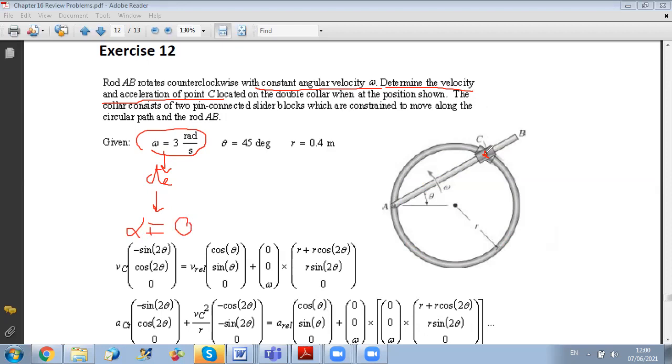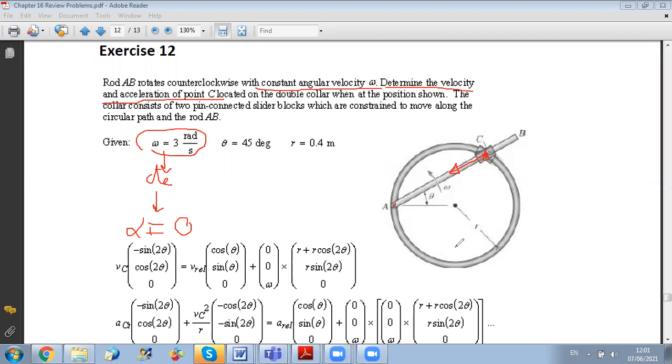And my purpose is to determine the velocity and acceleration of C, which has a freedom of motion on my rod. It can translate on it. So since it has a relative motion with respect to the rod, as we said, we will use the rotating axis formulation to relate velocity of C to velocity of A and acceleration of C to acceleration of A. So first,